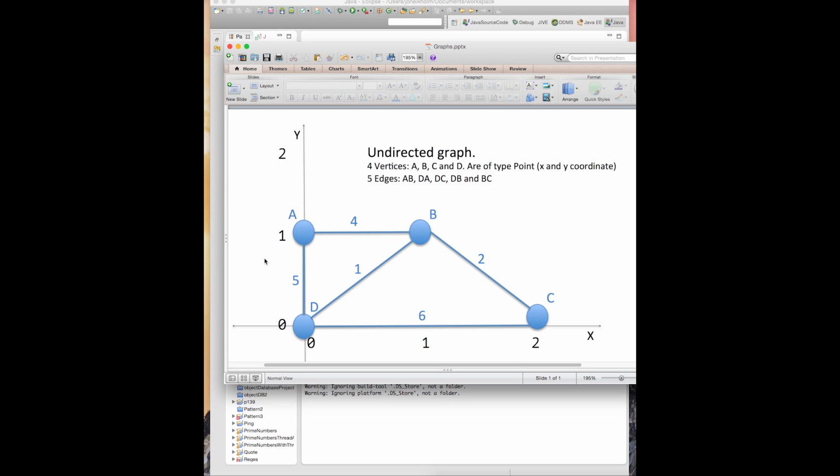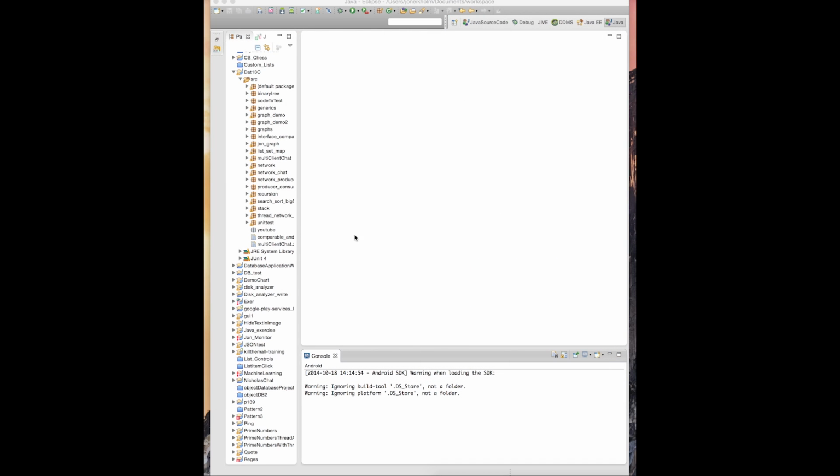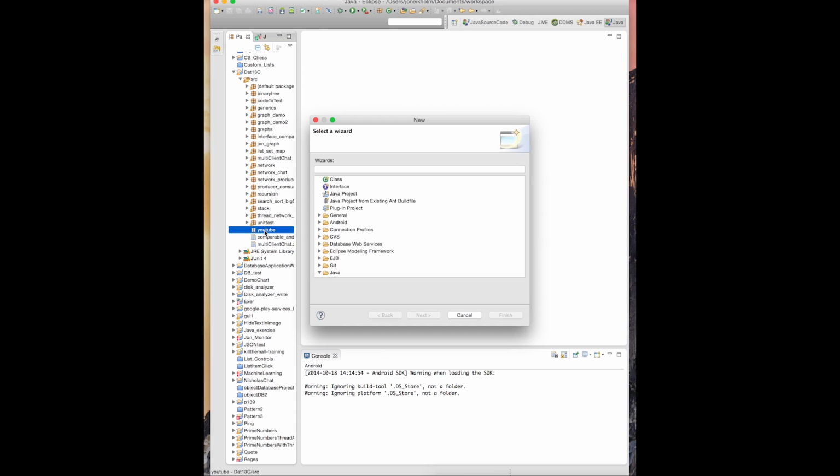Okay, so we need to make 2 classes. One edge class to hold these 2 vertices and the weight, and then one graph class which will hold all the vertices and all the edges. So let's make the edge class first. We'll make a new class here